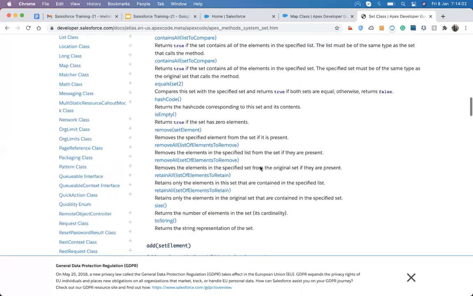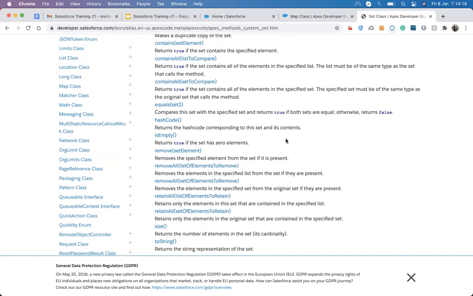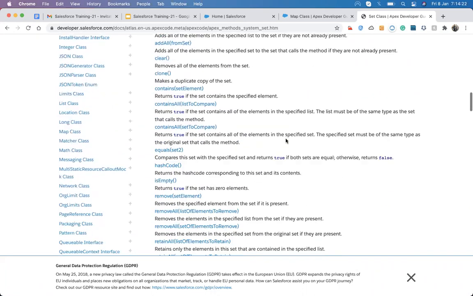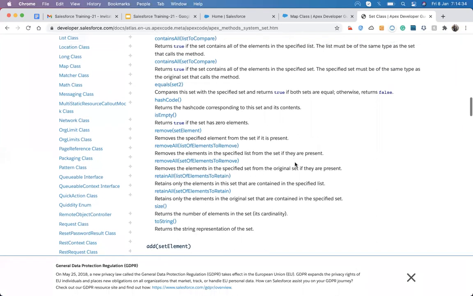If you remember any methods, that's okay. If you don't remember, just come up here first and find a method that will help you do your job easily and without any hindrance.